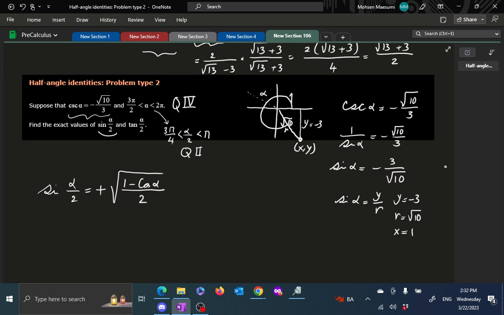Now what? Well, we have sine of alpha. Sine of alpha is minus 3 over radical 10. How about cosine of alpha? Cosine of alpha is x over r. That's 1 over radical 10. Notice it is positive. We are in the fourth quadrant. You can get tangent also out of it, but we don't have much use for that. So all told, sine of alpha over 2 is the square root of 1 minus cosine of alpha, 1 over radical 10, over 2